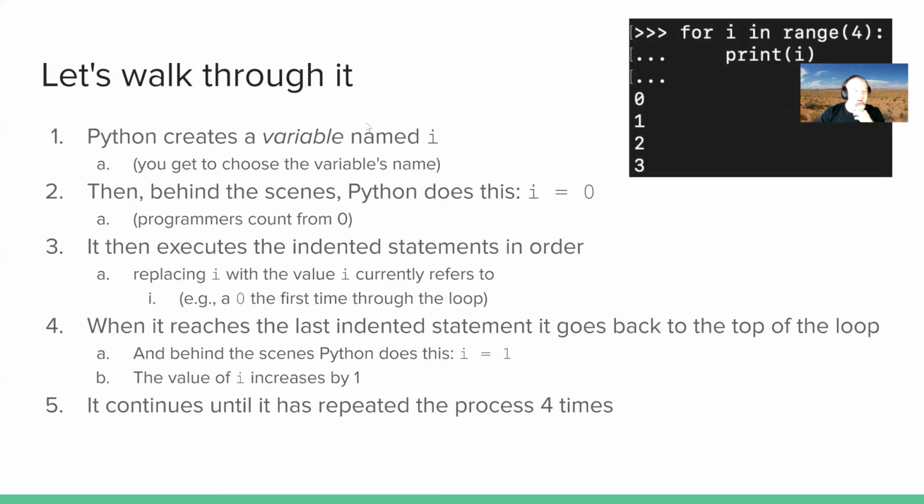Essentially, Python is creating a variable called I, and here we're calling it I, and it's just kind of a convention. Often we use I, J, K, whatever, as disposable variables that we can reuse. But they can be whatever you want to call it. That's totally fine. But in this case, it's creating a variable called I. Then behind the scenes, it's assigning the value 0 to I. Then it's going to execute the code. So here, print I,